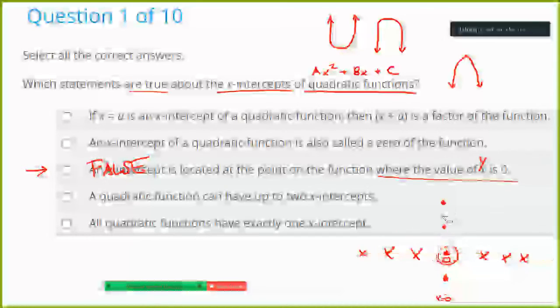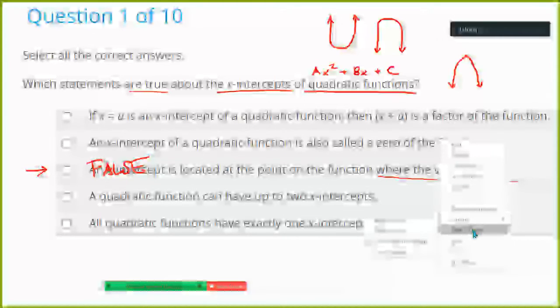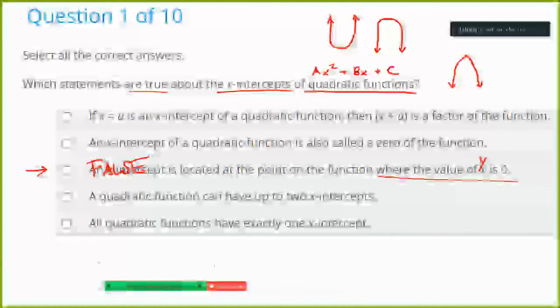I'm going to delete this work I did for the last one. Okay, let's look at the rest together. I'll try to go through these quick. Let's look at, I'm going to label these 1, 2, 3, 4, and 5. Let's look at number 1. If x is equal to a is an x-intercept of a quadratic function, then x plus a is a factor